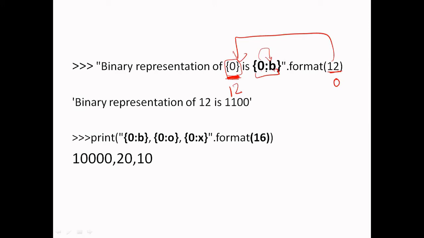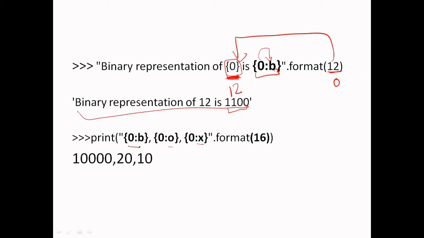after the colon we have written b. So colon b will convert this value into binary. The equivalent binary of 12 is 1100. So this is your answer: the binary representation of 12 is 1100. Similarly, we can convert the value into octal or hexadecimal inside these curly braces.